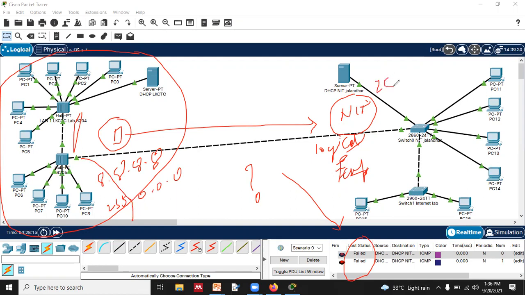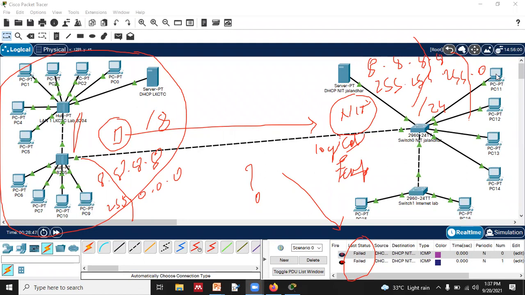Whereas over here is 255.255.255.0. Means the first 3 octets, that is 8.8.8.8. So the first 3 octets are being used for the network address, right? So that's why over here the CIDR value is /8. Over here the CIDR value is /24. Why? 8 plus 8 plus 8, that is 24.